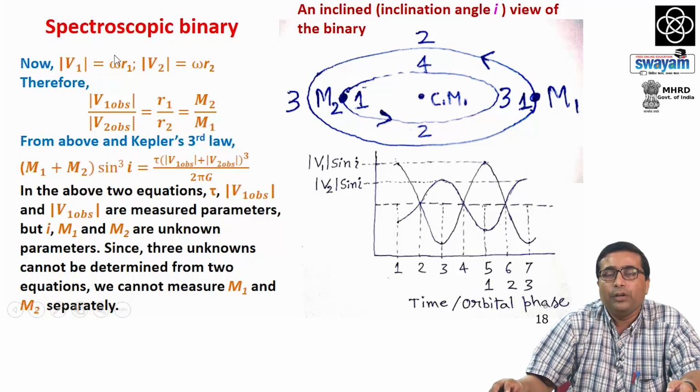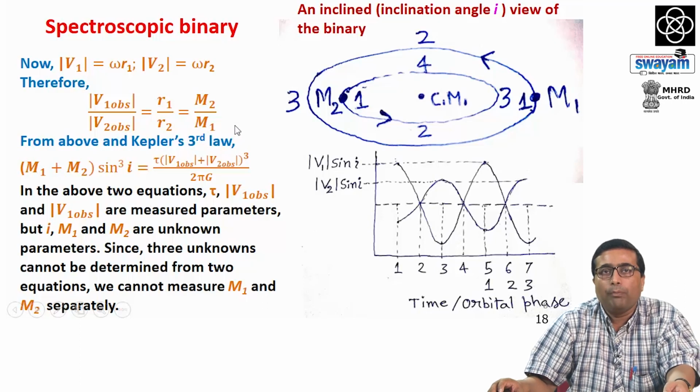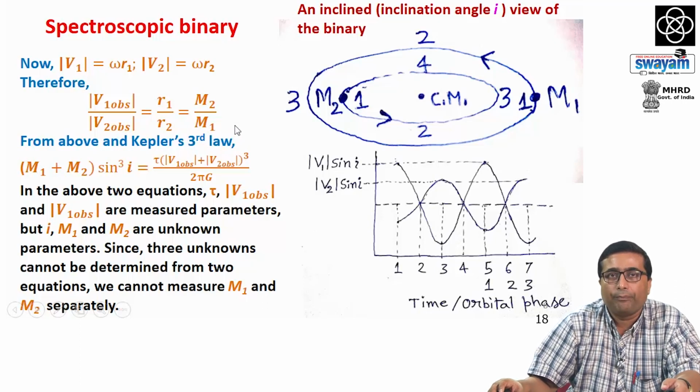Now, if we take the ratio of these two, we get using this relation |V1 obs| divided by |V2 obs| equal to m2 by m1. The left hand side is the measured quantity, while the right hand side, m2 and m1, are unknown parameters which we want to measure. Now, from above, that is this relation, and from Kepler's third law, m1 plus m2